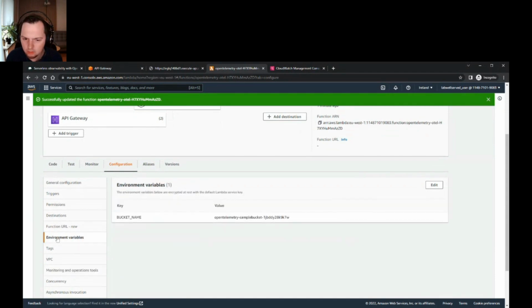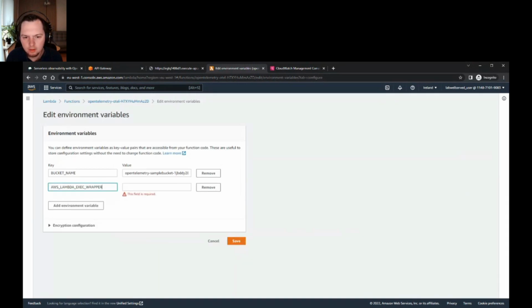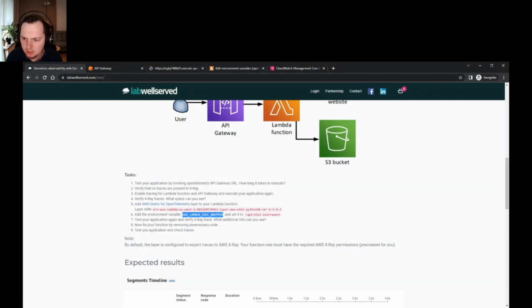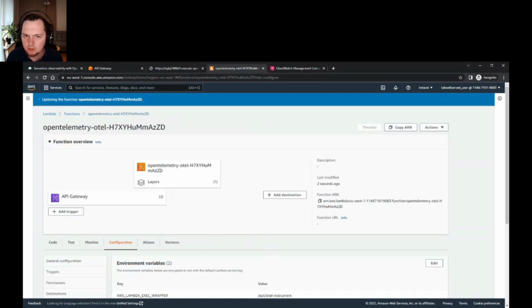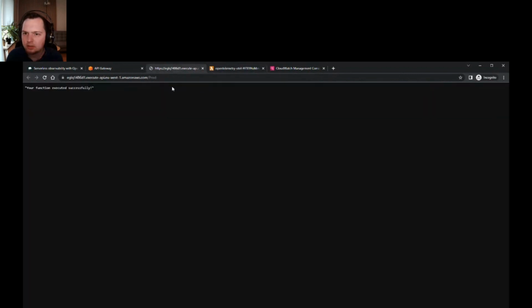I will go to the environment variables, add an environment variable called AWS_LAMBDA_EXEC_WRAPPER, and set it to otel-instrument. You can find that in the AWS documentation, but that's pretty much it. Yeah, the function got updated. So let me execute it once again.